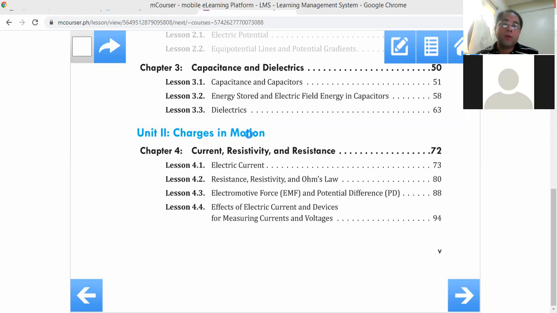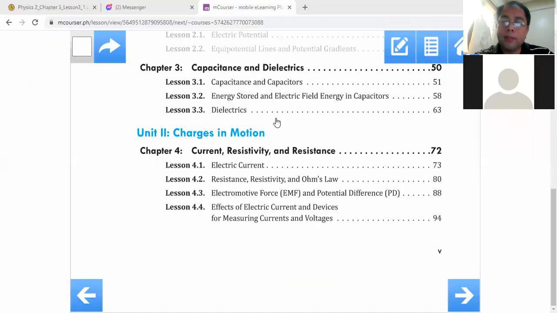Now we will be entering next, after we discuss very briefly the lesson on dielectrics, we will go into moving charges already. Can I just see some thumbs up, please, if you are hearing me? So we have, guys,